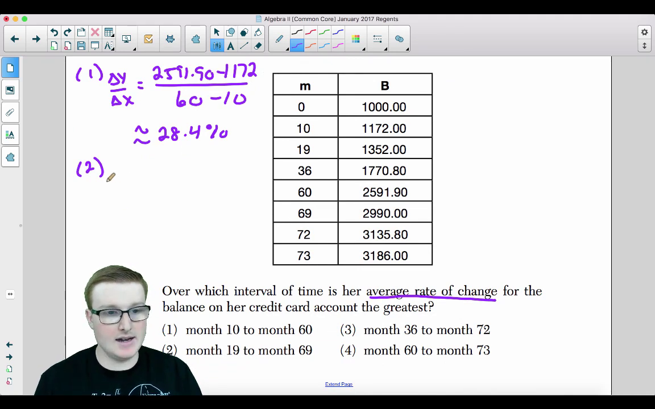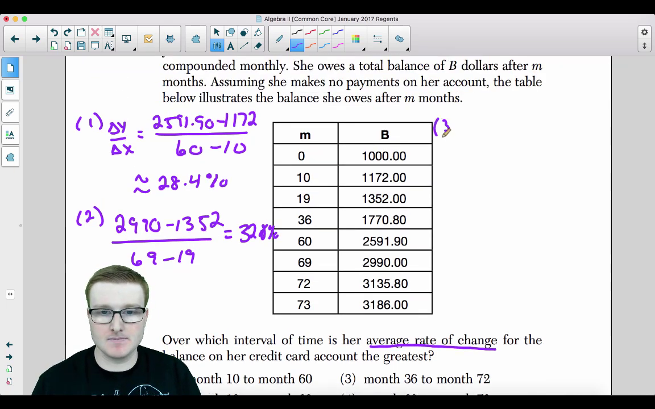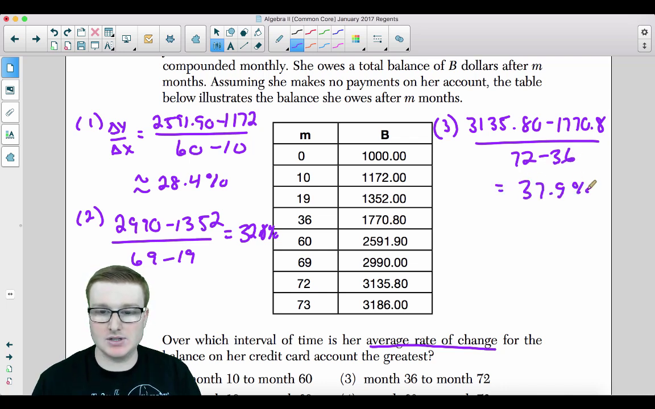Choice 2, again, change in y over change in x, that's 2990 minus 1352 divided by 69 minus 19. That will give you 32.8%. That's the slope. Choice 3, that is going to be 3135.80 minus 1770.8 divided by 72 minus 36. That percentage is 37.9%. And choice 4 shows